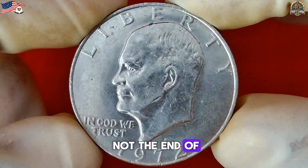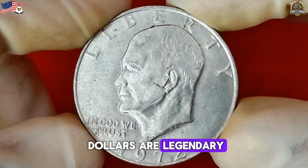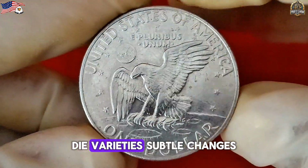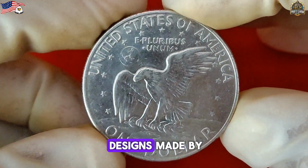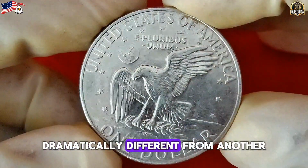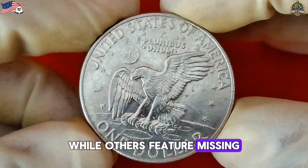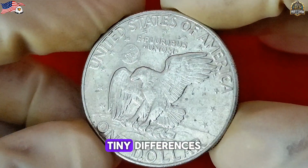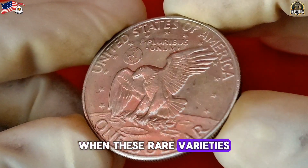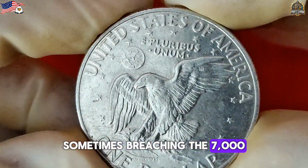But that's not the end of the story. Some 1972 D Eisenhower dollars are legendary because of their varieties and errors. Die varieties, subtle changes or mistakes in the designs made by the mint's working hubs, can make one Eisenhower dollar dramatically different from another. Some display a rare form of doubling, while others feature missing or overpunched mint marks, tiny differences noticed only by the most eagle-eyed collectors. When these rare varieties appear in good condition, prices can soar, sometimes breaching the $7,000 mark